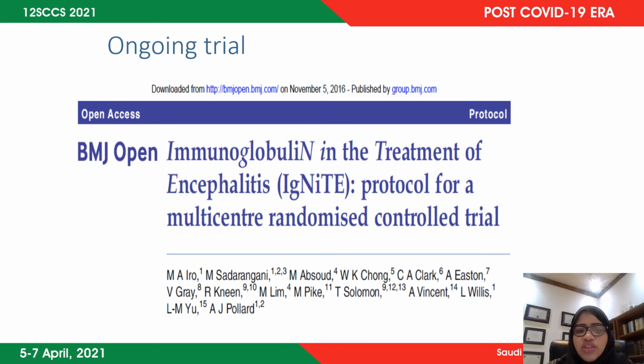Regarding IVIG, there is no real head-to-head comparative study between IVIG and plasma exchange. There is a clinical trial by the Oxford group in the UK. It was started in 2016. Still, we don't have a result yet. They are using immunoglobulin in the treatment of encephalitis, and it's a multi-center randomized controlled trial. In this study, they are including different forms of encephalitis, autoimmune versus infectious, and we're still waiting for a result